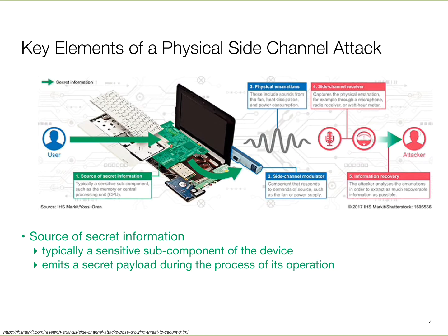So the source of the secret information, like I said, very typically people target the key, but it could be anything. It could be any variable that you care about. It could even be that the system is reading some value from a sensor, and I'm interested in tapping into that. Okay, so that's the source.